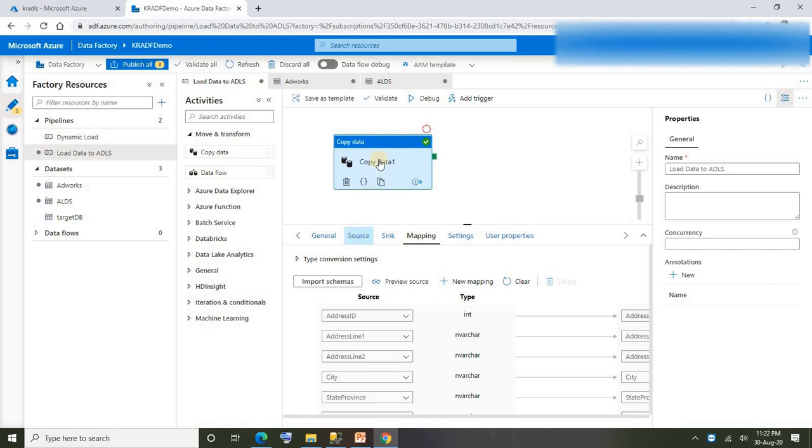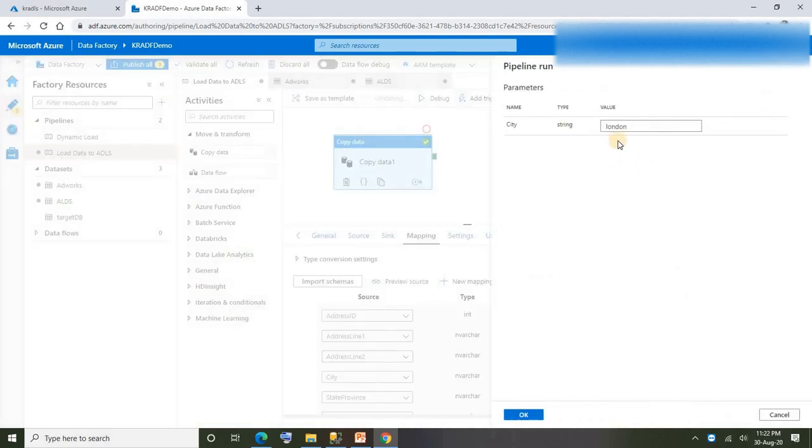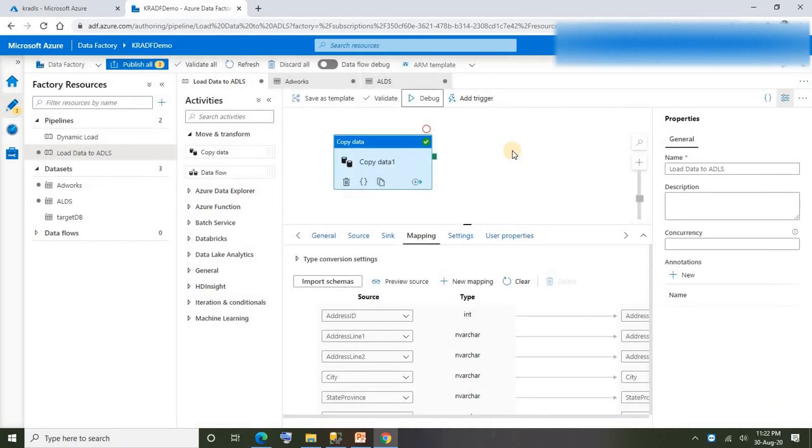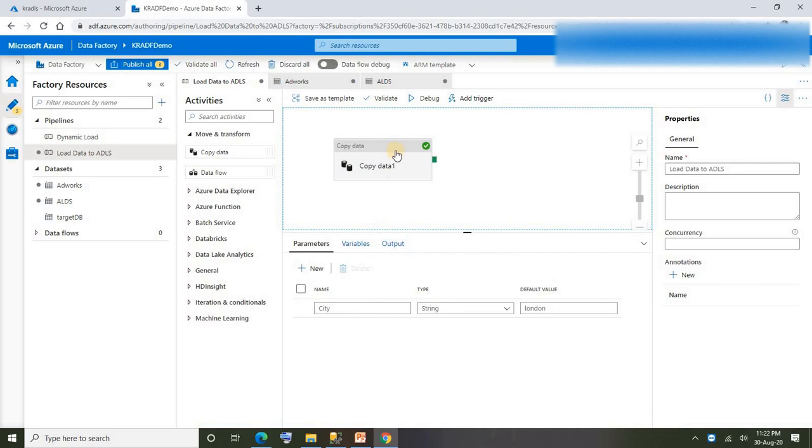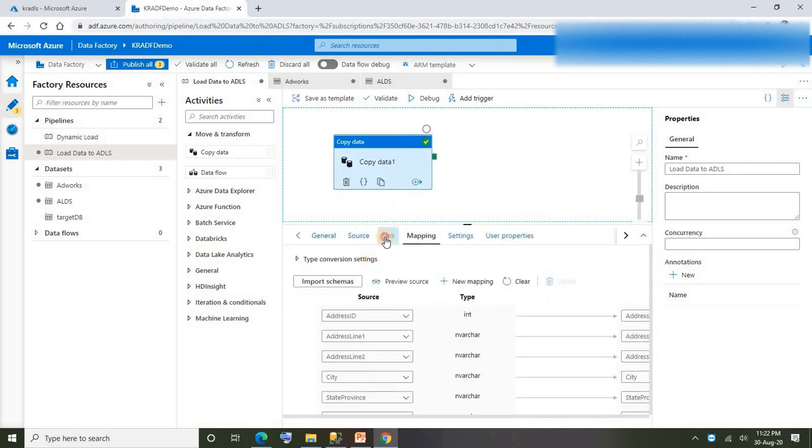Alright, say debug. When you click on debug, there will be a pop-up coming in where we need to pass the value to the parameter, right? So let me go ahead with the default value. And another thing, before starting with the debug, let's go ahead and change the file name.